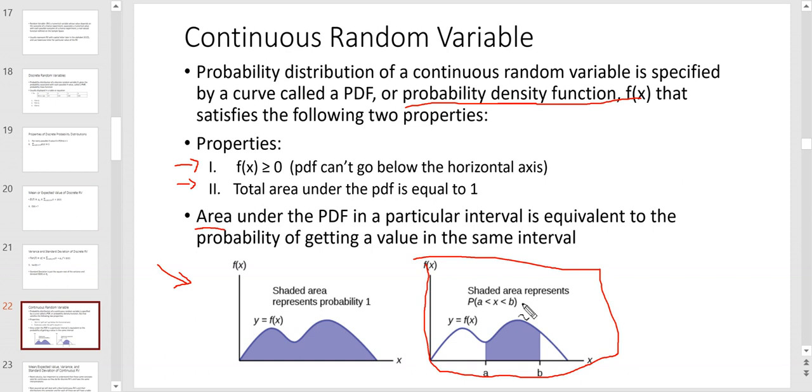What you would literally have to do is take the PDF, graph it, and then find 5 and 7, or A and B, and shade the area between those two and find out what that is. Whatever this area is equal to is the probability of that range. Okay? I want you to understand this conceptually, because finding this area turns out to be quite difficult and tedious to